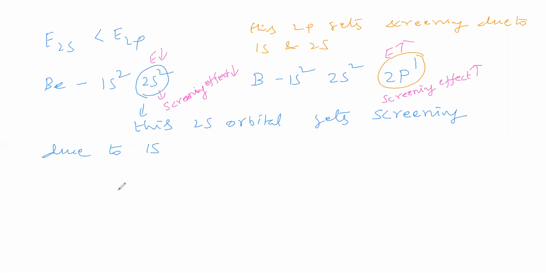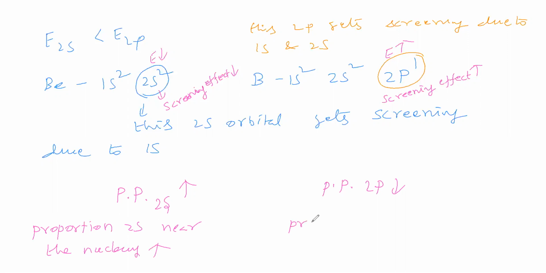And another point we have seen is penetration power. Penetration power for 2s is high. Penetration power for 2p is low, we have seen. Penetration power means moving towards the nucleus. Now here, the penetration power is more means the proportion of the 2s electron near the nucleus is high. Here, the proportion of the 2p electron near the nucleus, if you see,